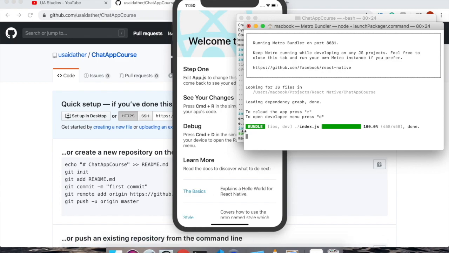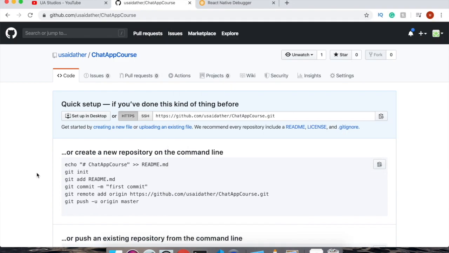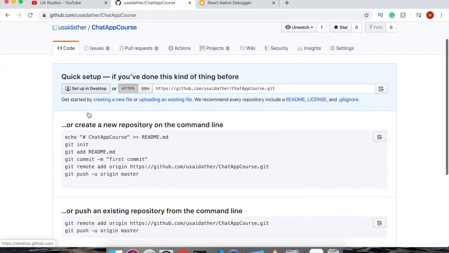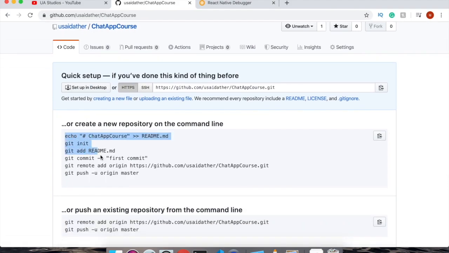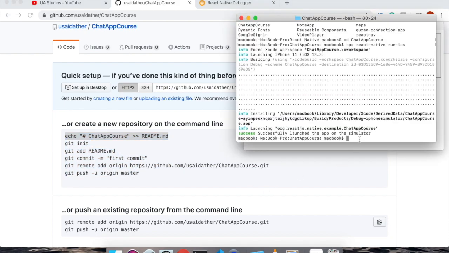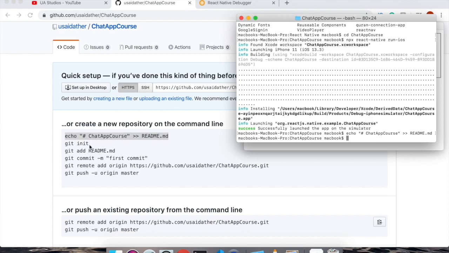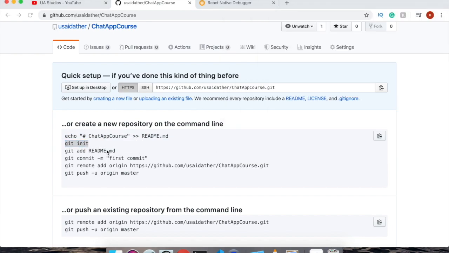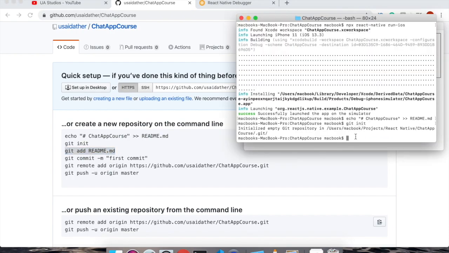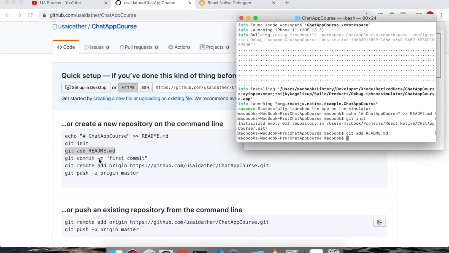In order to do this, we are in the project repository here. Just copy all these things one by one. So echo and git init. If you want to add a readme file, so add it. Now let's add git add dot,